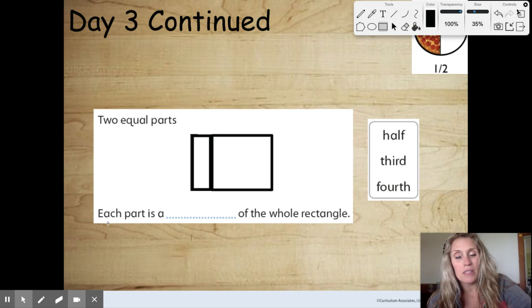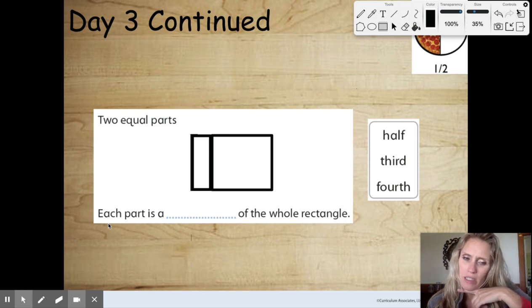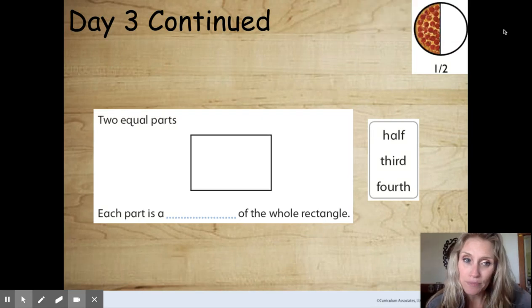Again, at the bottom, be thinking of that word bank right next to you on your page. What would it be? Is each part a half of the whole rectangle, a third of the whole rectangle, or a fourth? So when I think of dividing something into 2 equal parts, kind of like the pizza at the top of your screen, it is divided in half. 2 equal parts, half,